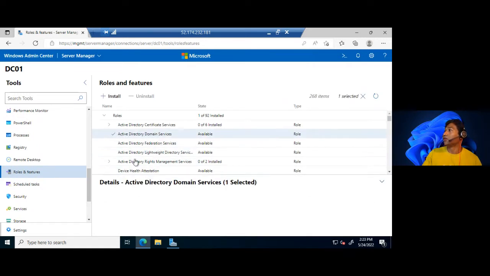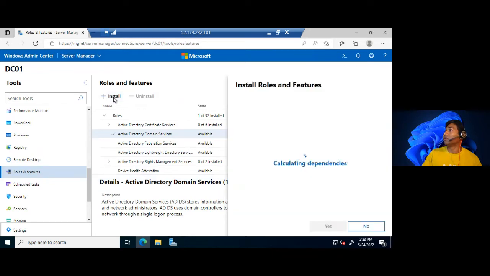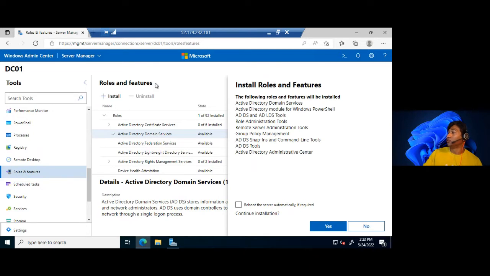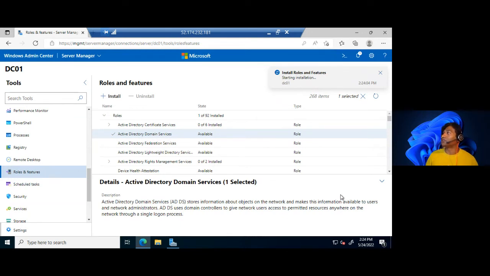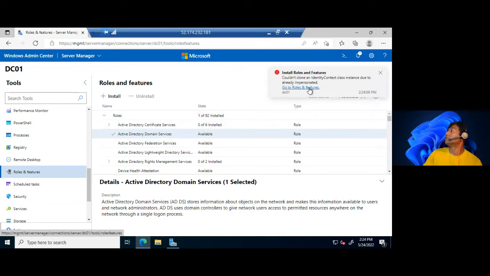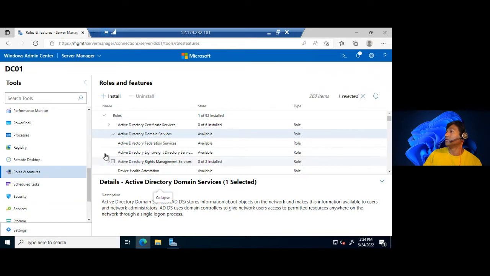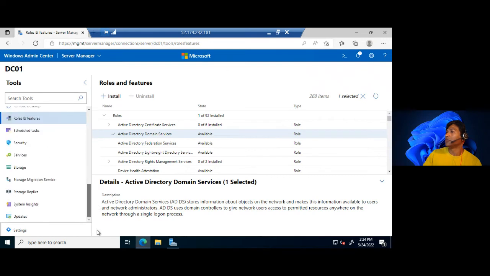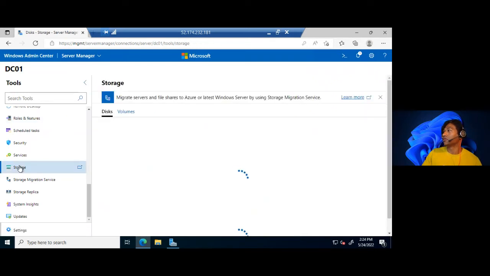So I'm just going to select Active Directory domain and click on install. And it will basically do exactly the same sort of calculation for dependencies and checking if all the right requirements are being met to install this feature. So the list of extra roles and features will be installed, and it's doing that installation remotely. So it's gone and run into a problem. I'm just going to skip that quickly